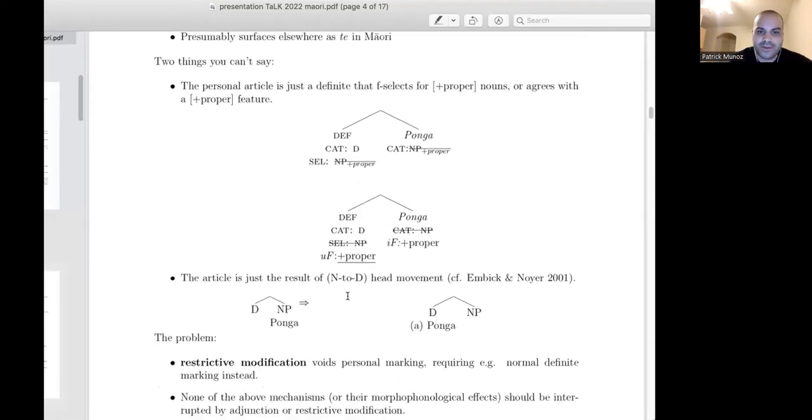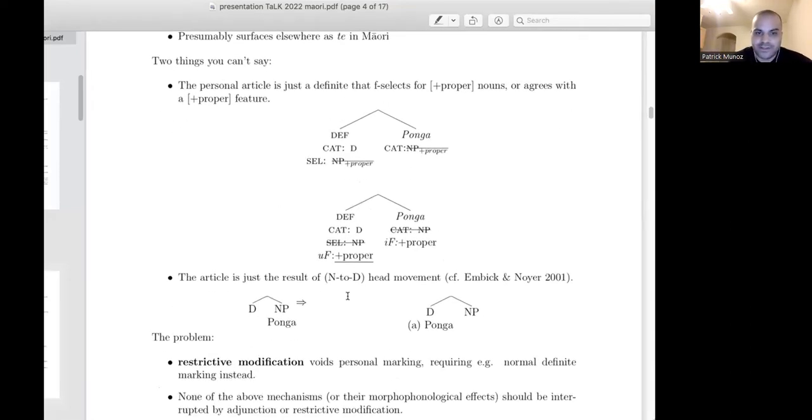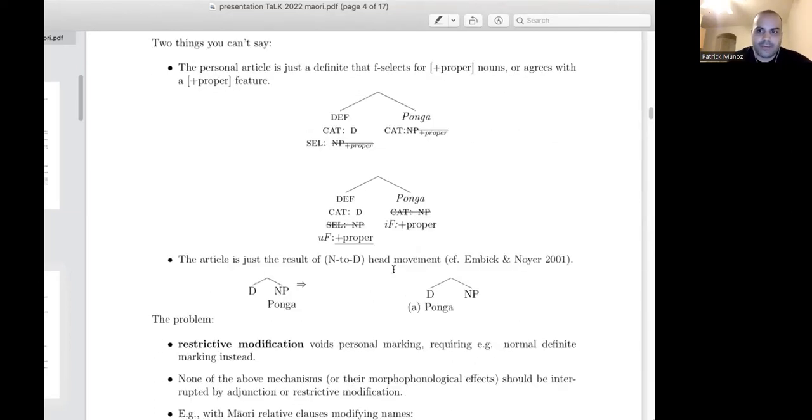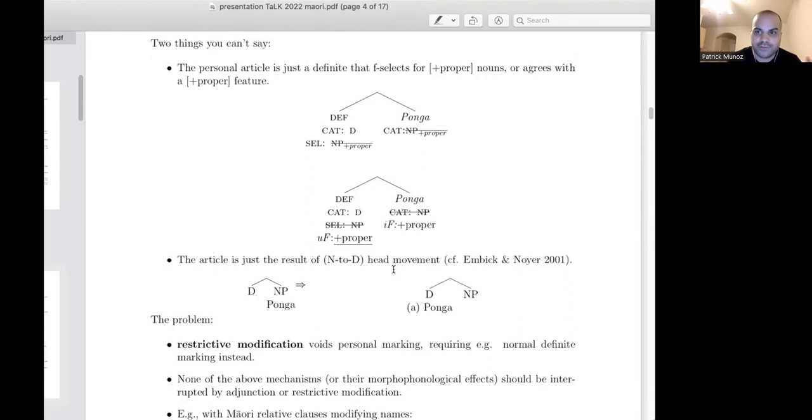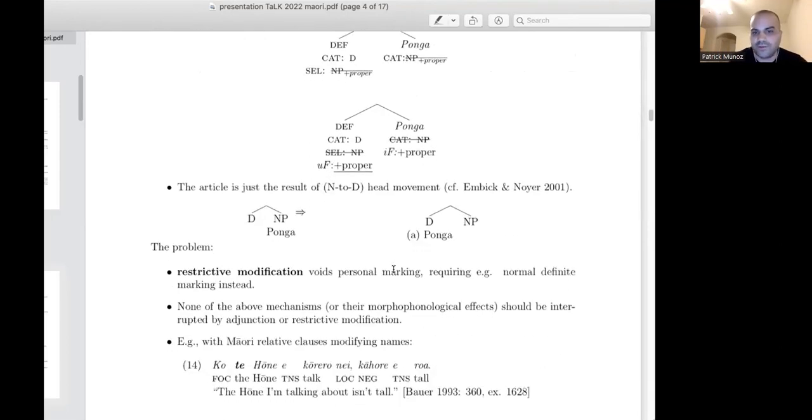You might also think this is just a result of some kind of head movement, which a lot of people posit for various European languages to explain the behaviors of definite marking in noun phrases and null marking in a lot of DPs. So you have a Maori name like Hone, it moves to the determiner slot, and somehow, again, hand waving, there's morphophonological effects that cause a different spell out of this article-like thing. I don't think any of this is going to work. Very appealing, of course, to take the simplest solution, but the reason I don't think it works is